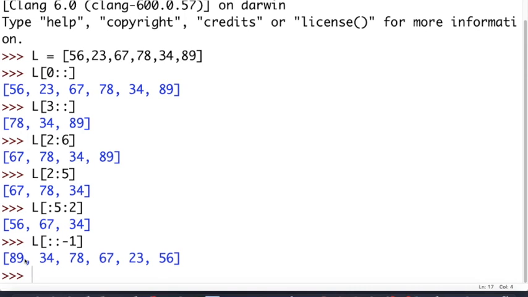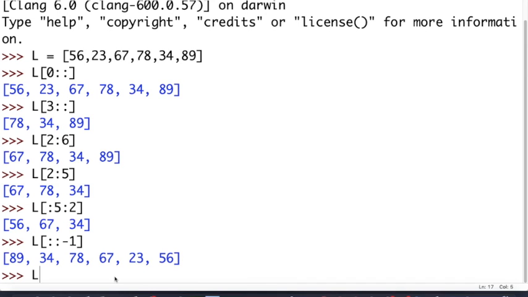Now, why did this happen? Because we have mentioned a negative jump. We have mentioned a negative step, -1. Taking a negative step means you are going from the rear end up to the front end of the list, right? The rear end element is 89, so it will be printed first, and then since we have not mentioned any ending or start index, all the elements beginning from the last element will be printed up to the first element. So this list is produced. This is the reversed order list.